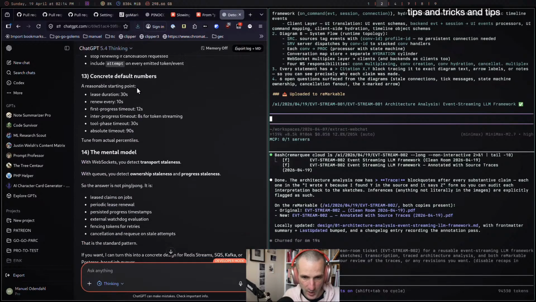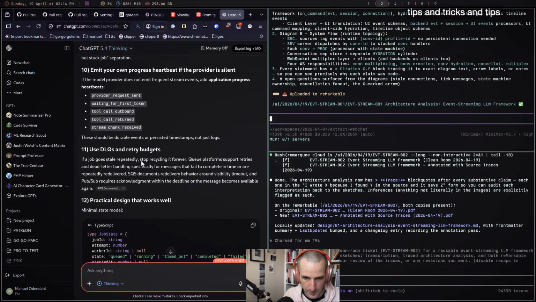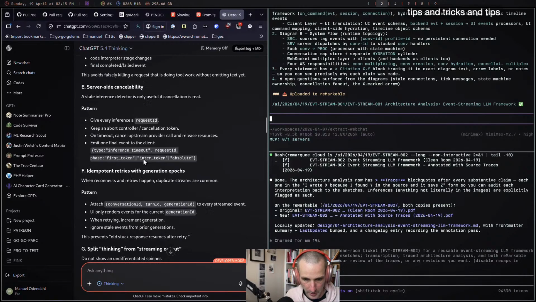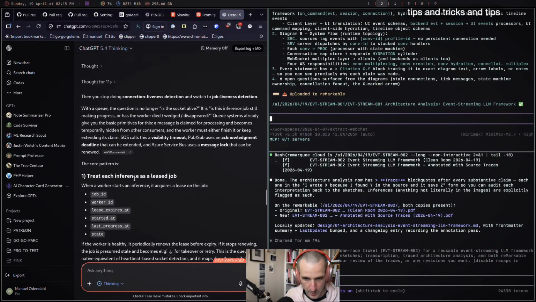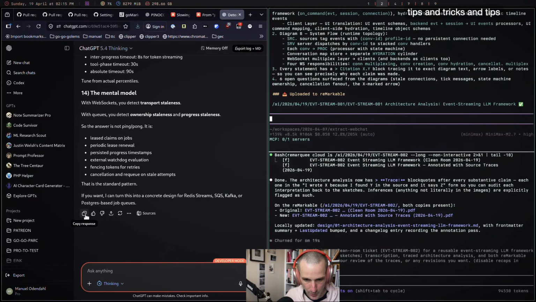But you do have to have a pretty deep understanding of what these things are to make sure that they actually integrate well into your overall architecture. And in a way, what I like also about LLMs is that I can acquire... Oh, see, I said Redis streams. That's great. I was hoping that it would say that because I know SQS and Kafka have different semantics, and Postgres-based job queues also have different semantics.